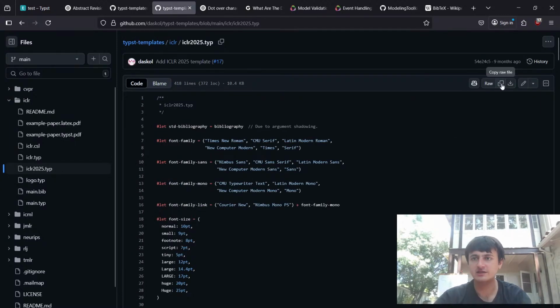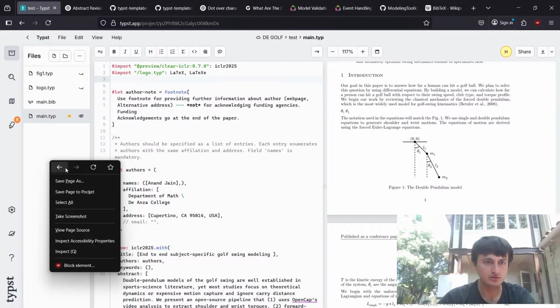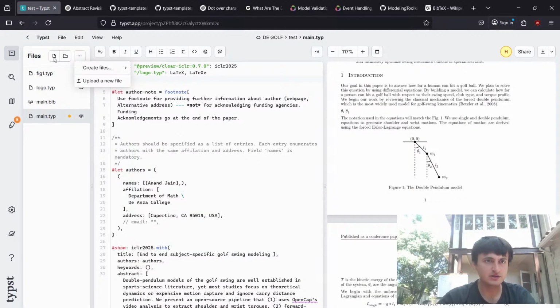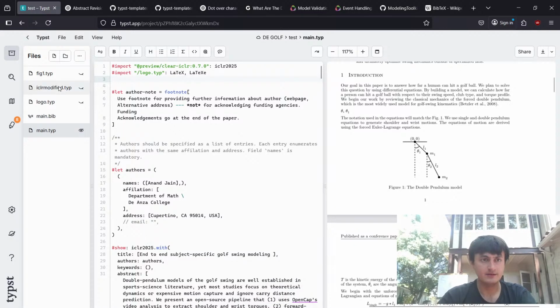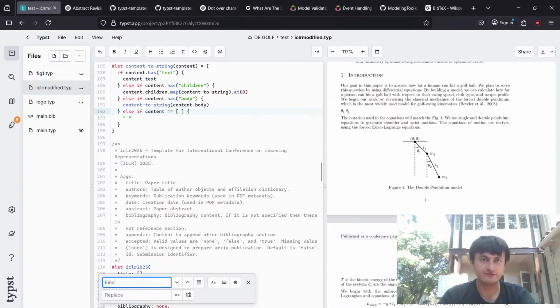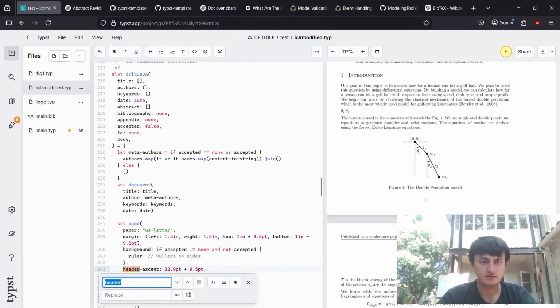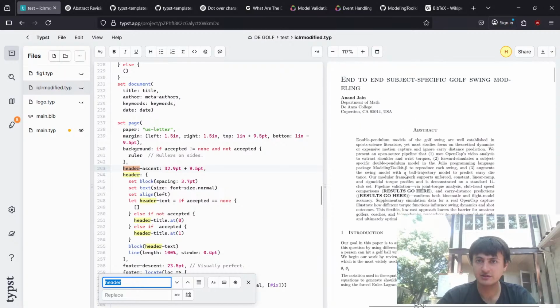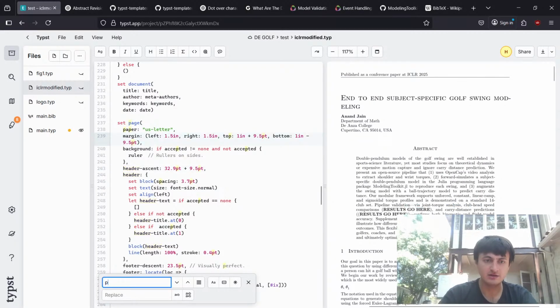So we need to take this, or maybe download it, and then make a new .typ file. So this is going to be ICLR modified .typ. And then here we just need to go like this. But now we need to look for a set. And there's no set. That's why I'm so confused. But can we look for maybe header? Header ascent. What we need to look for is published as a,